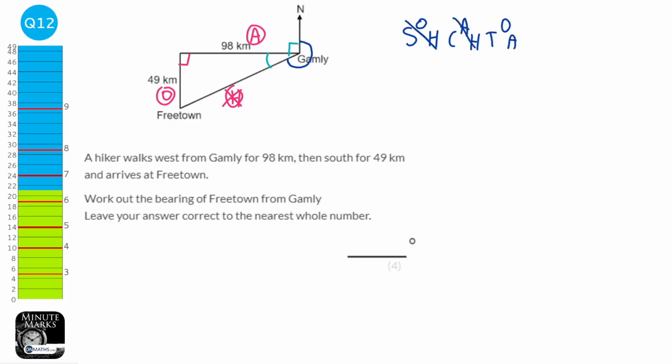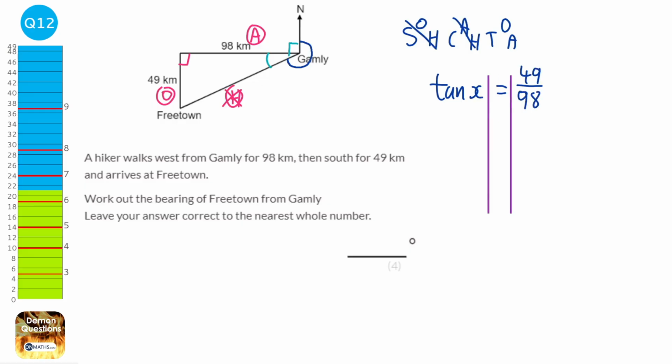And the only one that doesn't have the hypotenuse is TOA. And so we're doing tan x equals the opposite, which is 49 over 98. Get our lines in. And we're going to do the inverse tan to both sides. So we get x equals, and we do inverse tan, which is